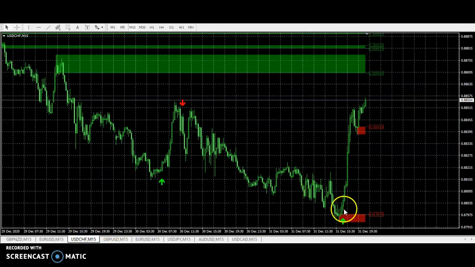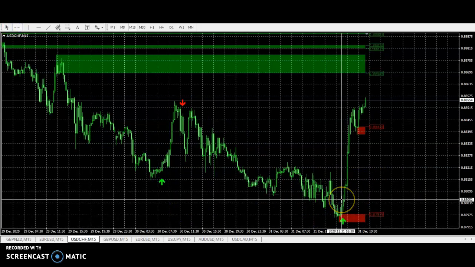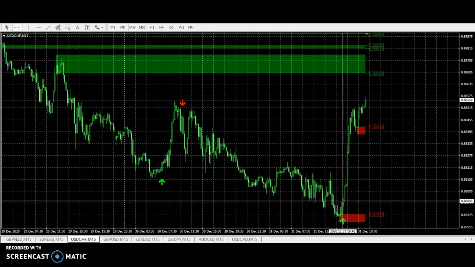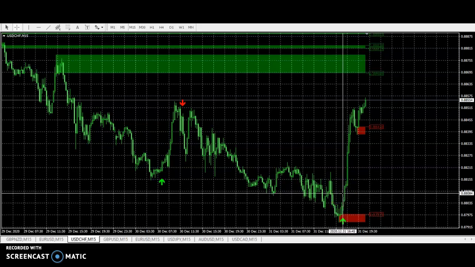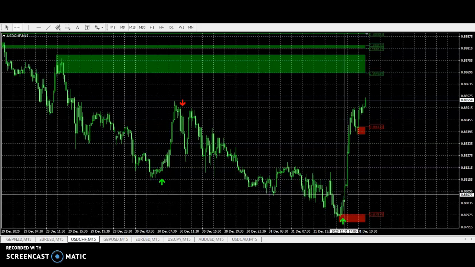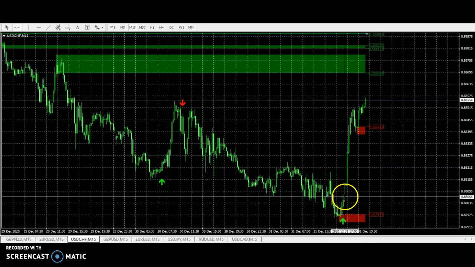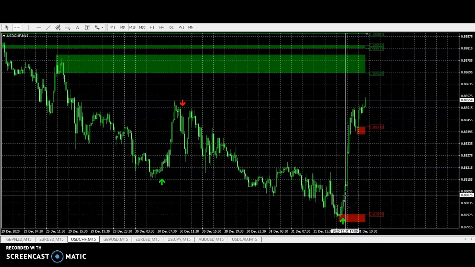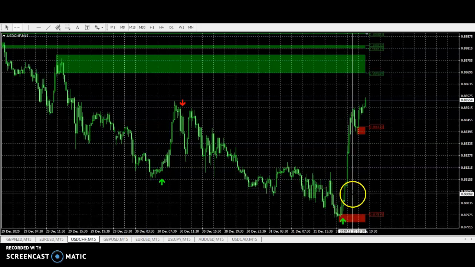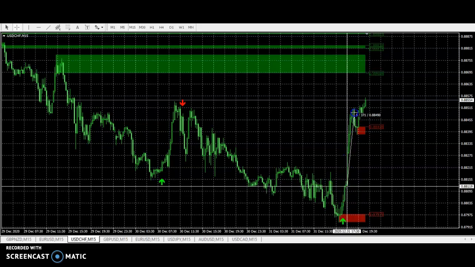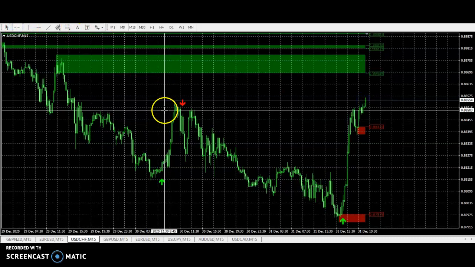See here, now this is USD CHF M15. Now the arrow has come. The basic rule is that when an arrow appears, we will not enter on that candle. We will wait for the candle to close, because sometimes it comes back or it comes like a pullback. So we will wait for that, and once it is closed, we will enter over here. See here, it is 37 pips, it is like 44 pips. Even the same condition is here.